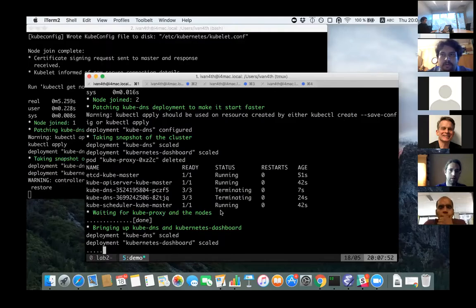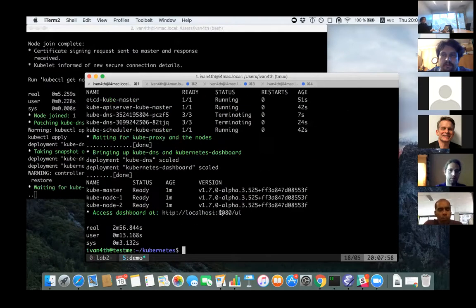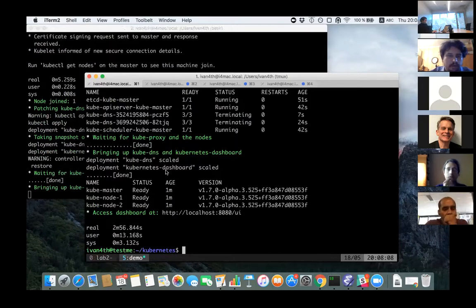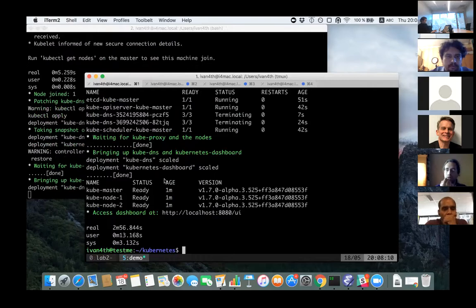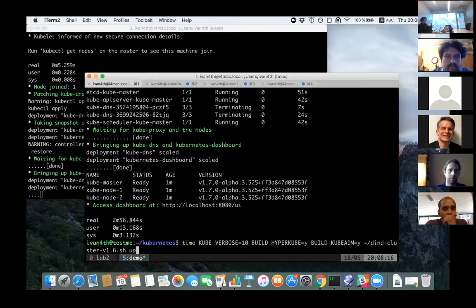Also, say if you are using Mac, you are likely already running Docker, and if you use Minikube, you will have to run another VM, which can cause its own set of problems. So now we see that this is a faster machine, and here Kubernetes was built, and the cluster was started with freshly built binaries.